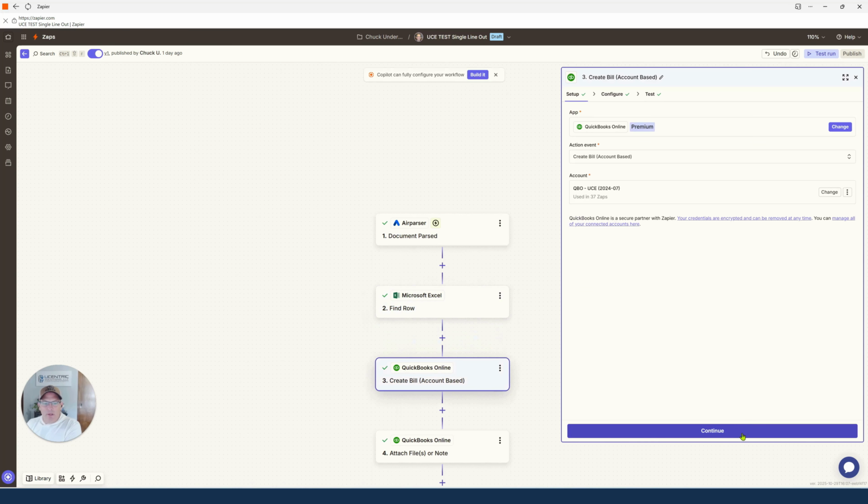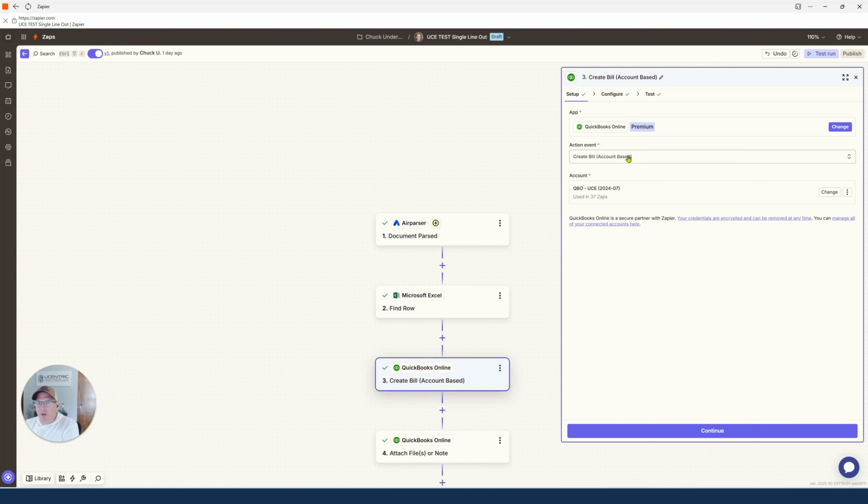So now let's keep going. Let's hit continue. And again, we've got to connect to QuickBooks. And whether you have a bill or a credit card receipt or an expense transaction, a credit card and expense are the same thing, even a check, I would create a bill. And the reason is because in recent months, QuickBooks has added the ability to attach files and notes to transactions automatically. The attachment, where you had to manually attach it, now you don't have to do that if you just